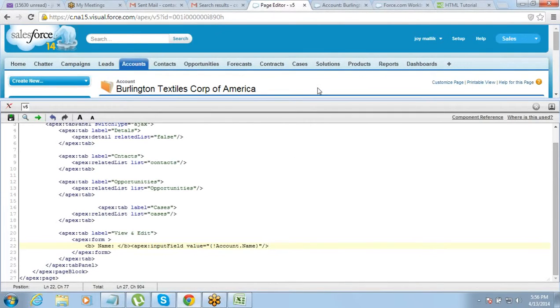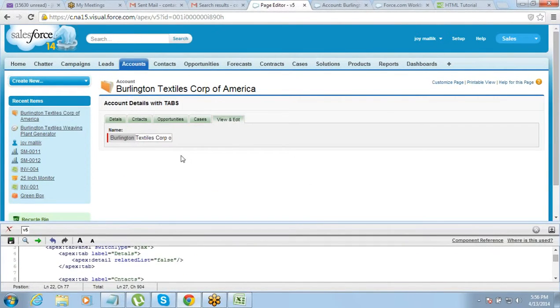No, see, this field whatever we have created, this is just the view part of it. Model view controller, this is just on the interface. If you want to make these changes in the backend database, this is giving you an option to change. Let's say this Burlington Textile Corporation of America, I change it to Burlington Textile. Now this change has been done only on this interface. I have to submit this in the backend. So in the backend the name still remains as in the database, right? Yes, you're right. I need to save this before it can actually go there. As of now, the change is only a visual change, only on the interface.